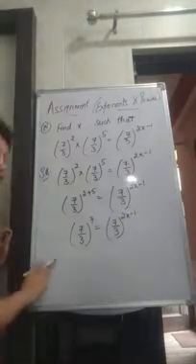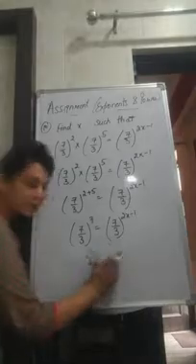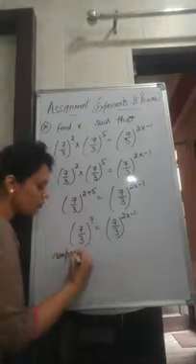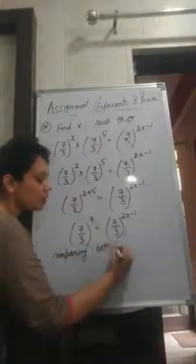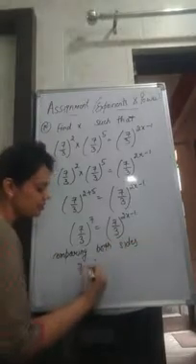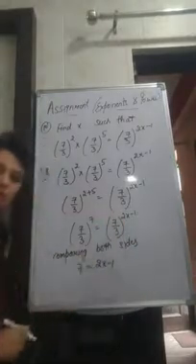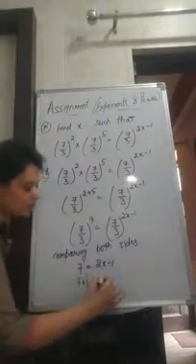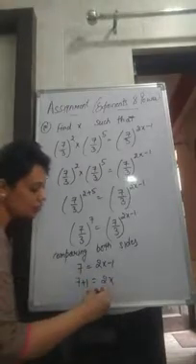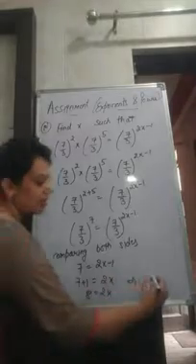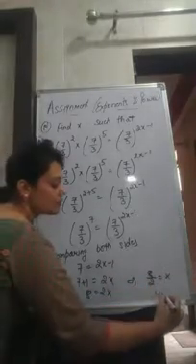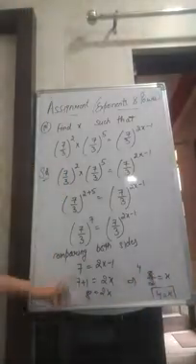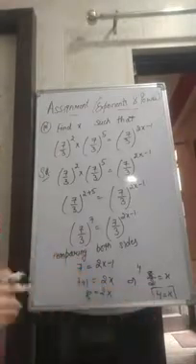Now I have told you earlier that if on the left hand side and on the right hand side we have the same base, then their powers will be equal. So comparing both sides we can write 7 is equal to 2x minus 1. This minus 1 will shift to the left hand side and become plus 1. So 8 is equal to 2x. This implies 8 over 2 is equal to x. So the value of x in this question is 4. We have got the value of x as 4, right?